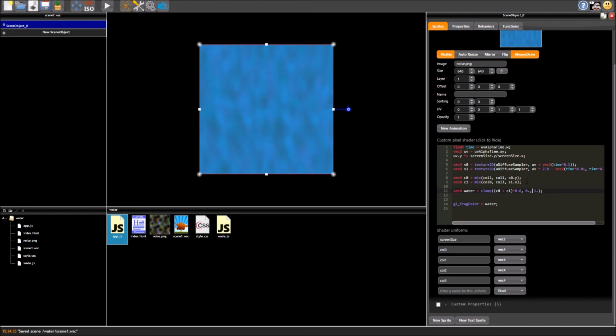We can add extra things to this. At the moment we've got 4 colors. This image has 4 channels. We are using 2 of them. We're using the red and the green. That's what this X and Y are.